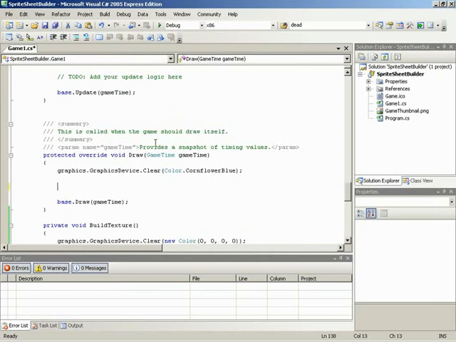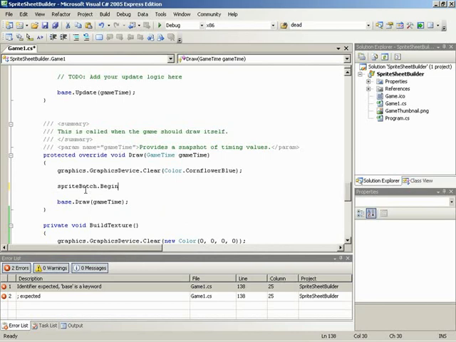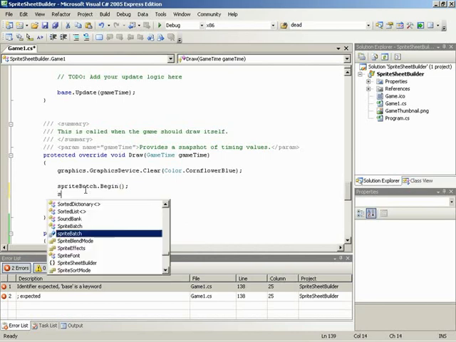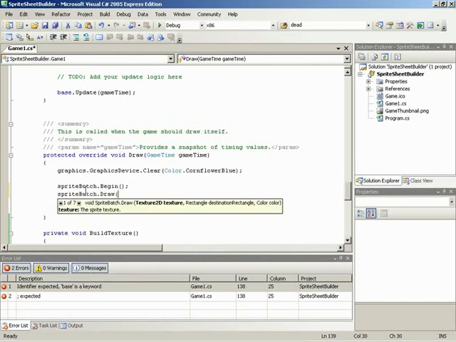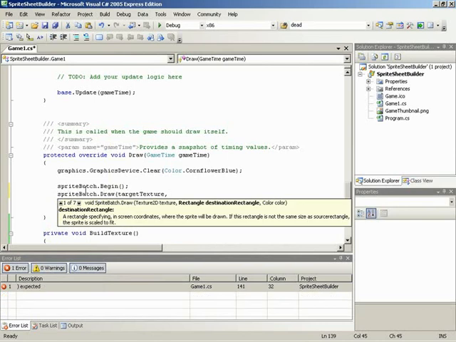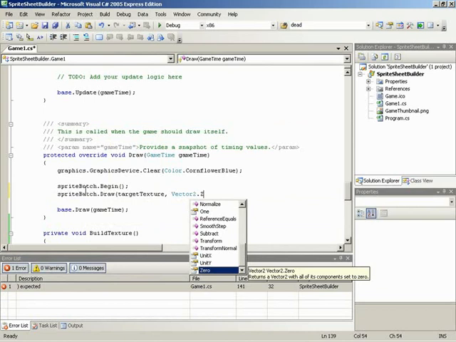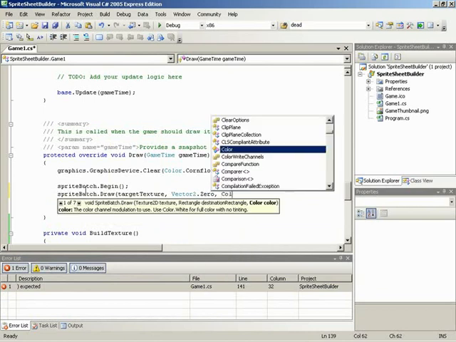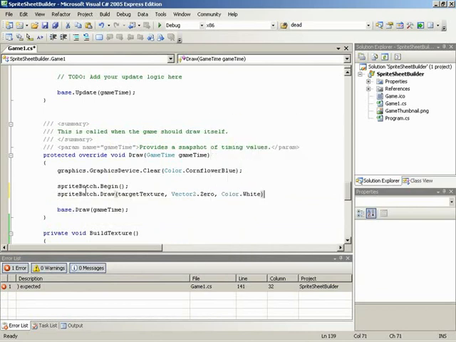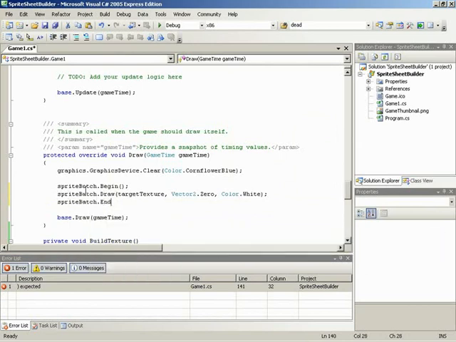So let's see. I'll deal with the transparency in just a second. First, let's just draw the texture out to the screen. So let's look at our sprite batch and tell it to begin. We'll make a call to spritebatch.draw and look at the target texture so that we can render it out to the screen. I'll give a position of Vector2.Zero so that we draw this at the top left corner of the screen, and a color value of white so we have, of course, no modulation. Then we'll put in our call to spritebatch.end,